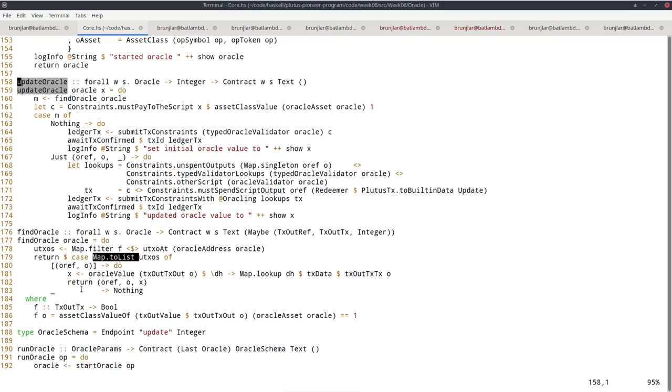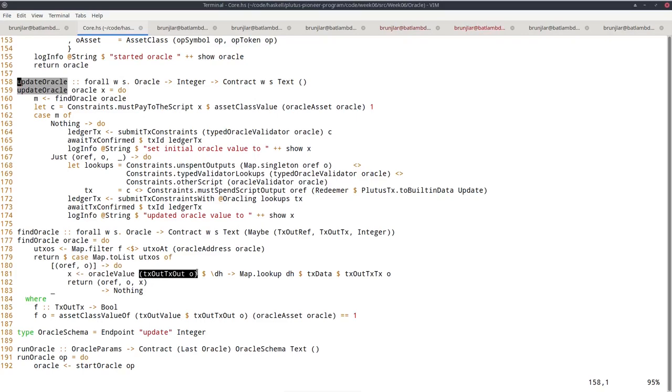Anyway, so if we find exactly 1 key value pair, then in order to return this triple, we now have the TX-out ref and the TX-out, now we need this integer. And that could still go wrong. Even though we have the UTXO with the NFT, there could be some corrupt data in it for whatever reason. So now I use this helper function again that I explained right in the beginning that we also used in validation that gets the TX-out, which I can get from my TX-out TX by using TX-out TX-out.